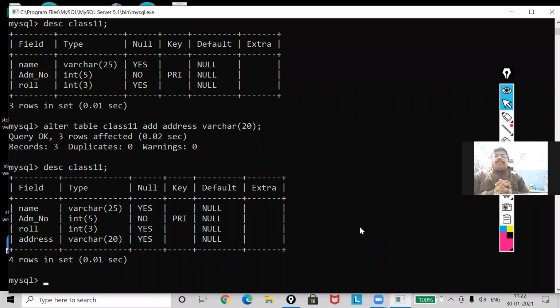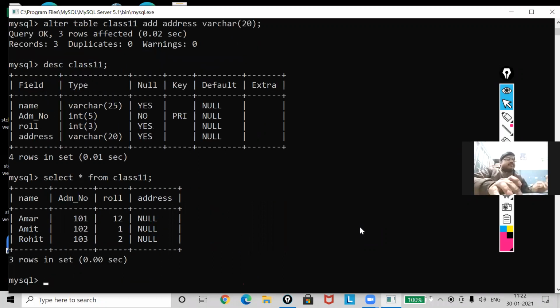Okay. Now I want to update. I want to have some modification in my record. So for that, let me see all my records. Now here I want those whose roll number is 12, that student's admission number should not be 101. It should be 100. So what I will use?